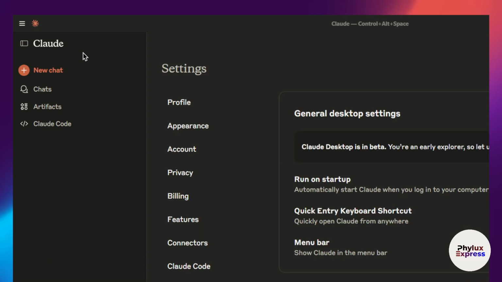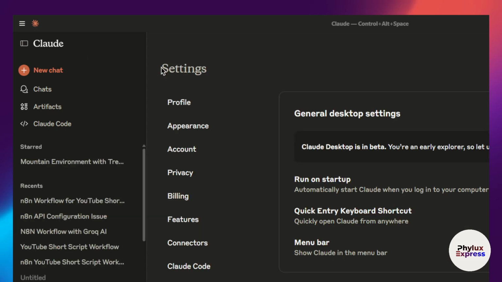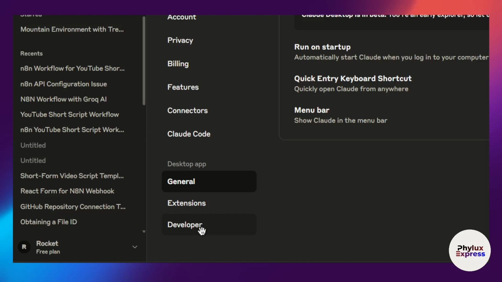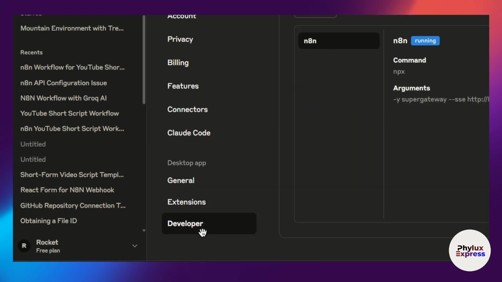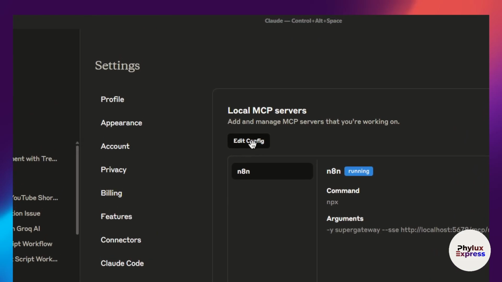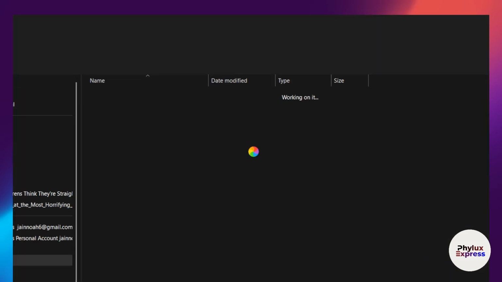Now, after that, you have to go to developer. In the settings, you will find your developer option at the bottom. Just click on that, and from there, you have to go to edit config. Just click on this edit config. It will take you to this